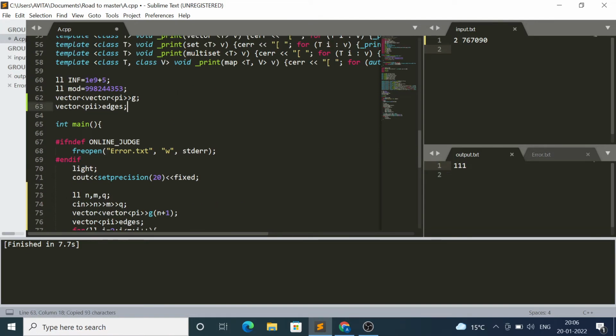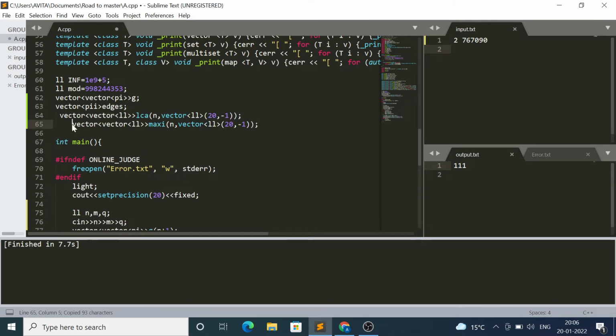Control C, Control V. Edges can be like this, and this can be LCA comma maxi, LCA comma maxi,